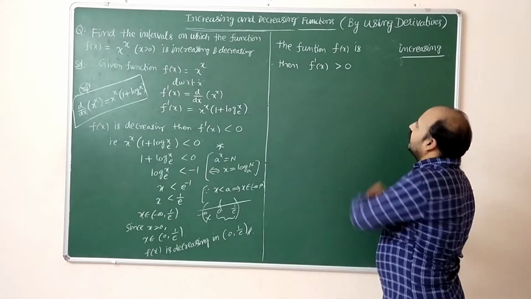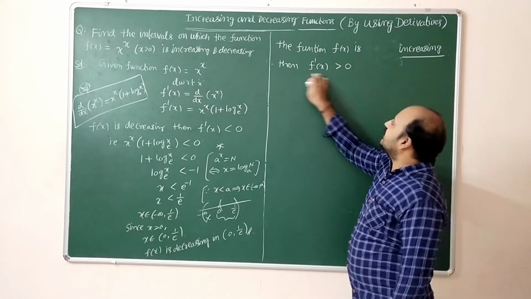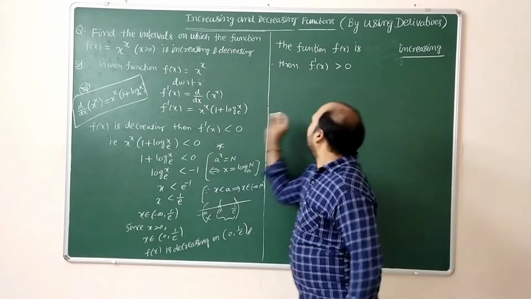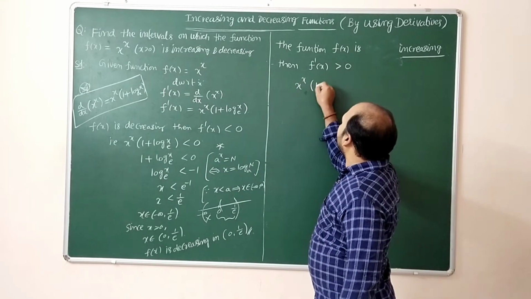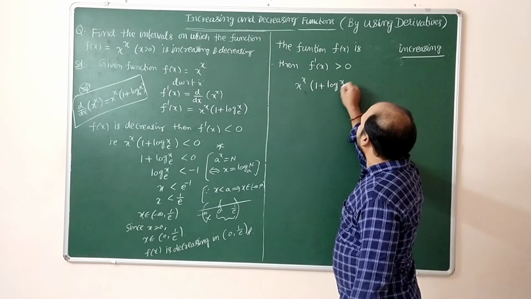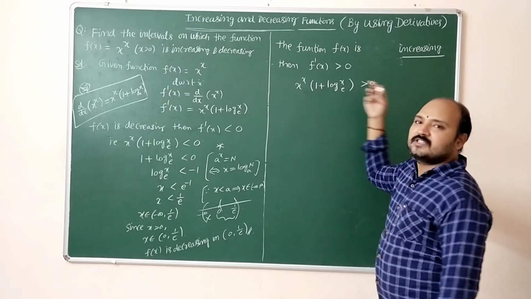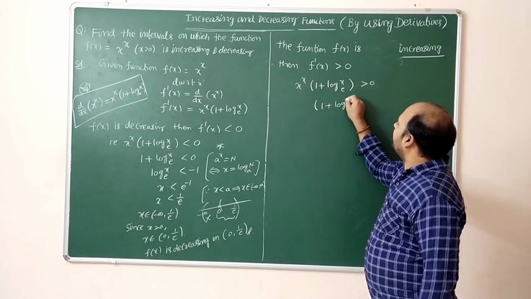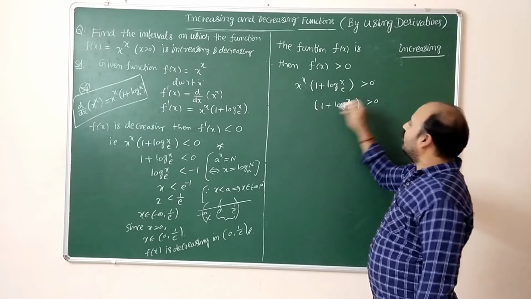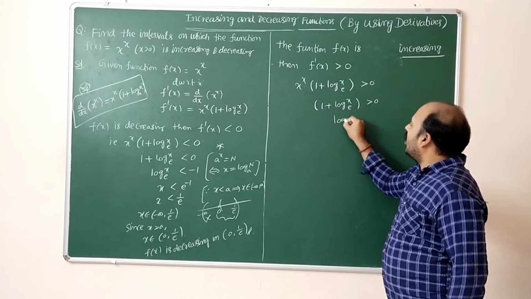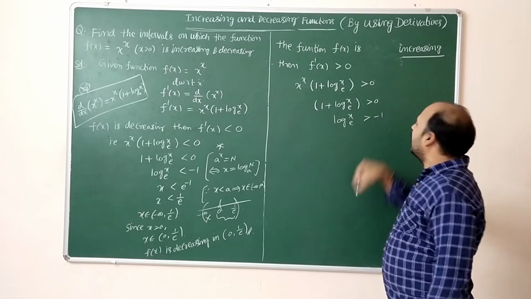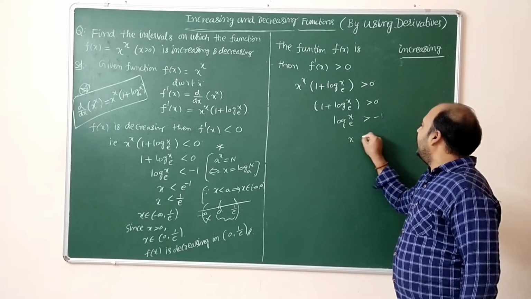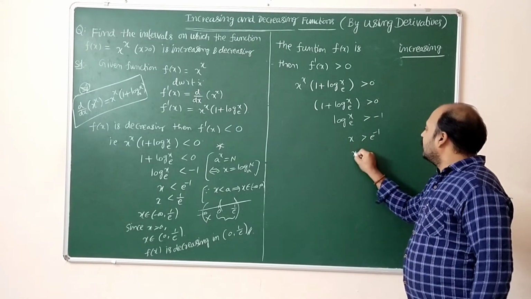Now comes the increasing. So f dash of x is greater than 0. What is f dash of x? This value. X power x into 1 plus log x to the base e is greater than 0. Obviously x is greater than 0. So 1 plus log x to the base e is greater than 0. 1 we are taking here. So log x to the base e is greater than minus 1. If you want to get x value, x is greater than e power minus 1,